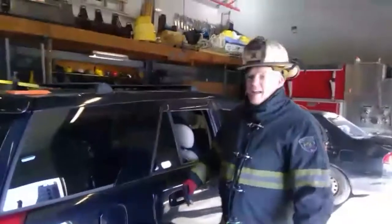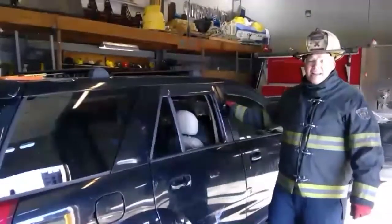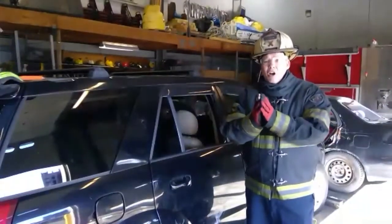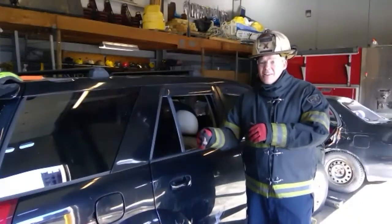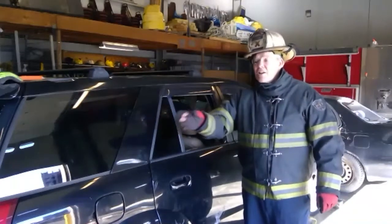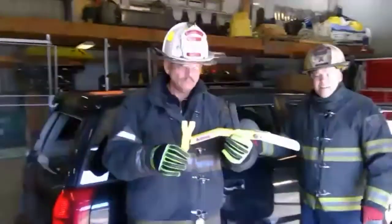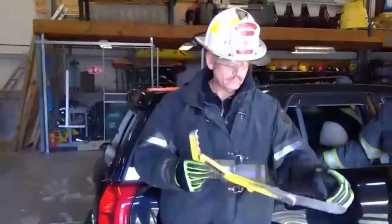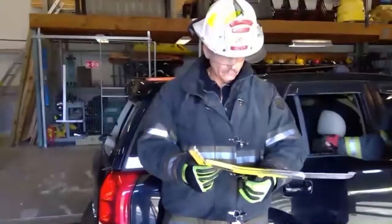All right, next we want to talk about the front windshield. The front windshield is laminated safety glass to prevent your head from going through the window. It's laminated on the inside of the vehicle, and on the outside, the glass is between that. So Chief Becker is going to demonstrate using what's called the windshield saw. There's various options out there. This is just one brand. We can also utilize, which Chief Becker will demonstrate on the other side of the vehicle, a firefighter flathead